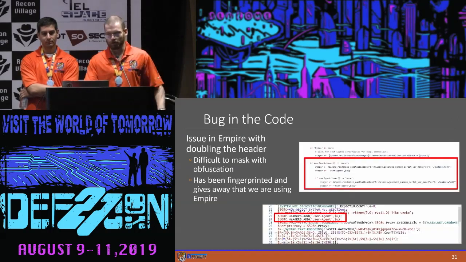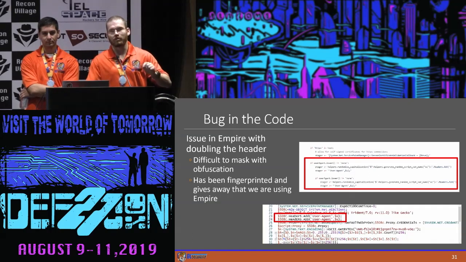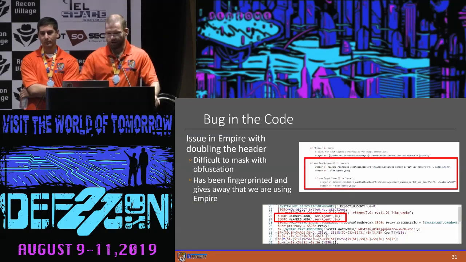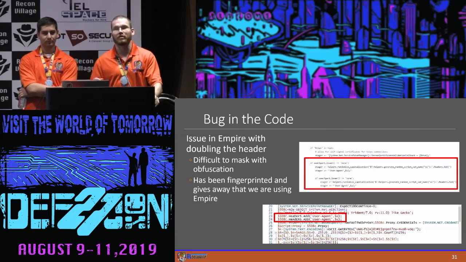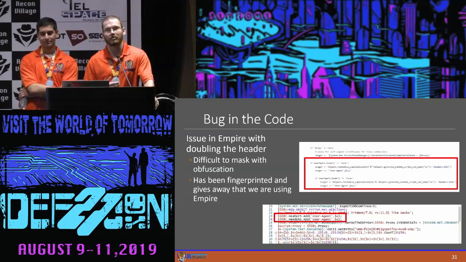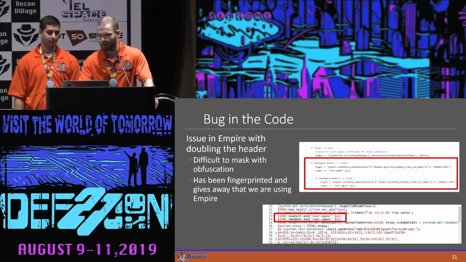And then there was a bug in the code which was really interesting, because even after we fixed that AMSI bypass from being flagged, we were still getting picked up, and we couldn't figure out for a long time why. It turned out that there was a bug in the code that was adding this headers.add user agent command twice in there, and AMSI evaluates the script block as a whole in context, and that repeated command was enough to create a signature for AV to start flagging on it. So you remove that command being repeated twice, and now our payload gets past Defender out of the box without needing to run Invoke-Obfuscation and that kind of stuff on it.